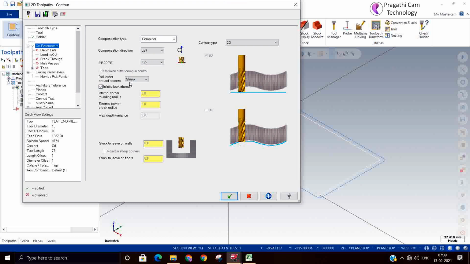Next is roll around corners. This is nothing but the edge strategy. If an edge is coming, how does Mastercam have to behave, how does the tool have to behave on the edges. There are the options sharp and roll around corners.